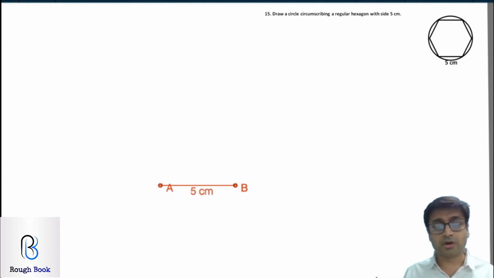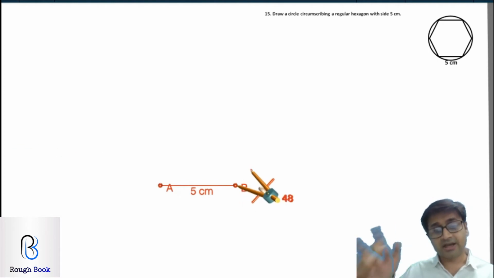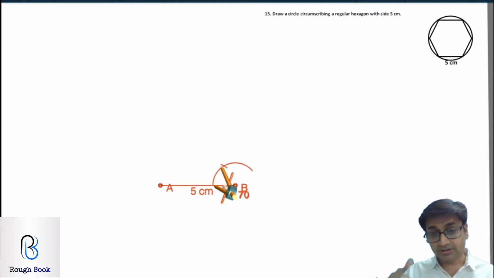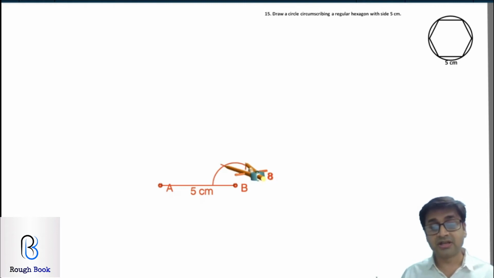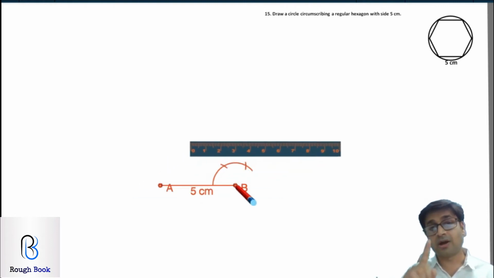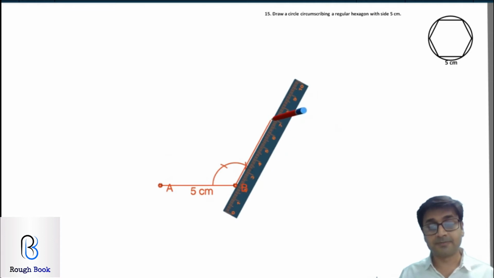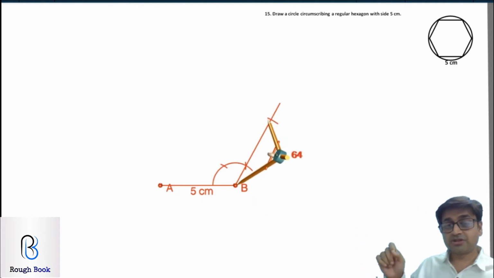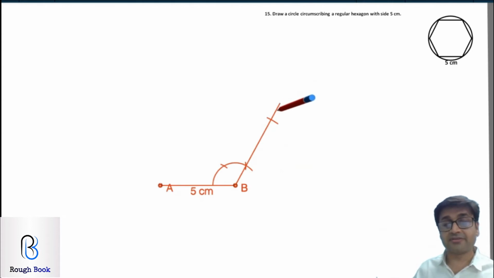So keep your compass on point B. Cut an arc, random measurement, suitable radius. Then keep your point on the 0 and cut your arc, first arc, without changing the radius. Now keep on this point that we just got and cut one more arc without changing the radius. Join that point with B and you have your first 120 degree ready. Okay, from point B, cut an arc of 5 centimeters. Can you see over there? So now what we get is your point C, which is again at 5 centimeter from B. So you get your BC.